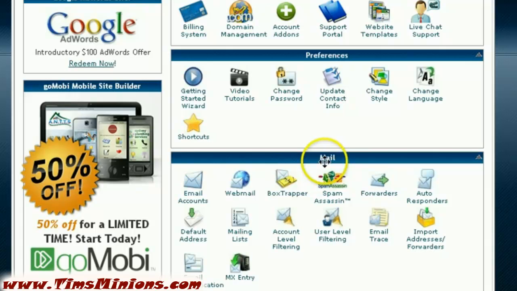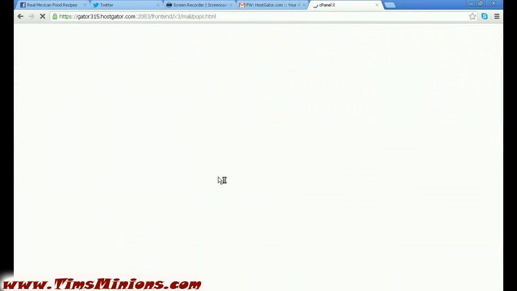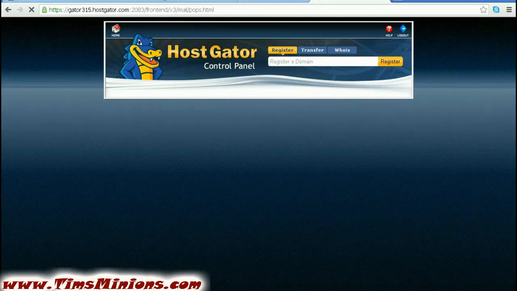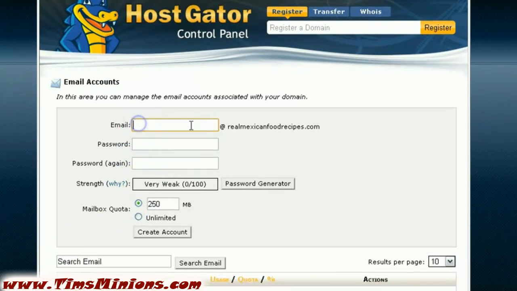Now you go into this section here that is called Mail. Here is the email account section there. Just click on that, and simply put in what you want your email account to be. So if your name is John or Peter, you put your name in there. But for this one, I'm actually going to put admin at